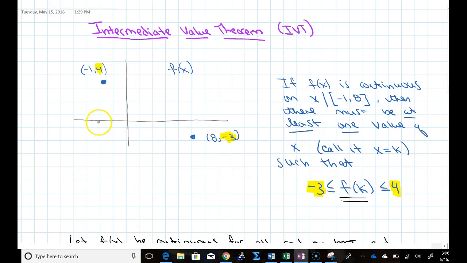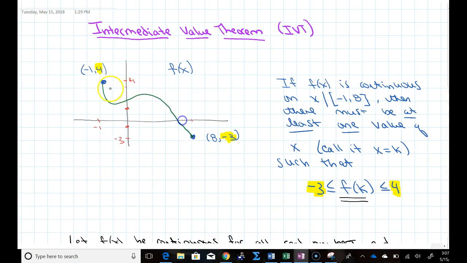So in other words, look over here. This is -1. This is y equals 4. This is 8. Here is y equals -3. What the IVT is saying is that if the function is continuous, then there must be at least one x point between -1 and 8, such that the y value equals 2, for example, and that the y value equals -1. Or that the y value equals 3.9, because if f of x is continuous, then